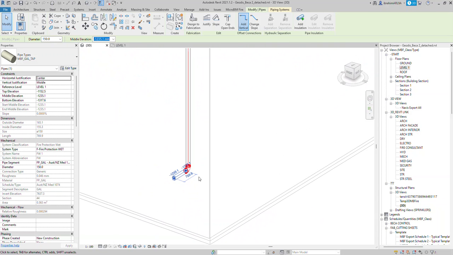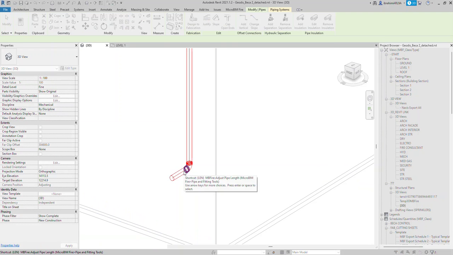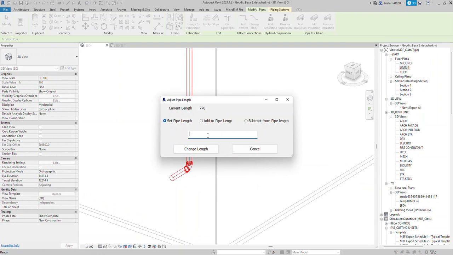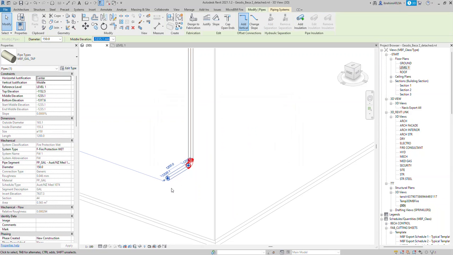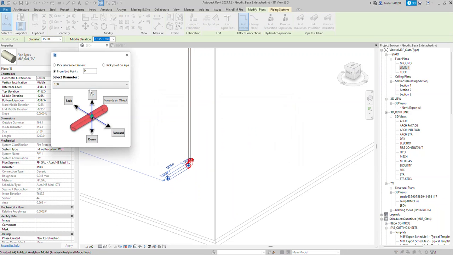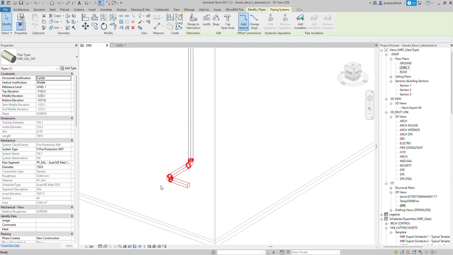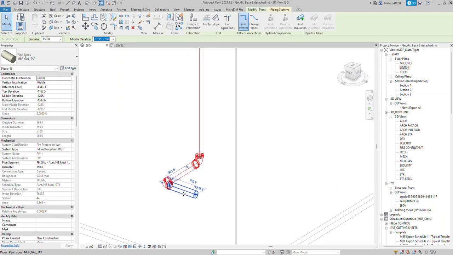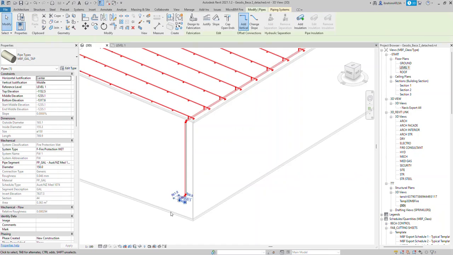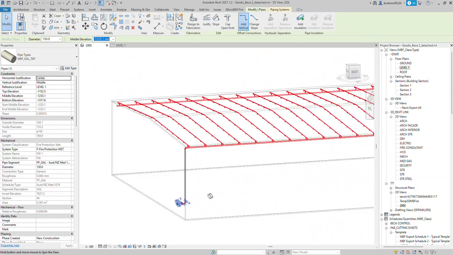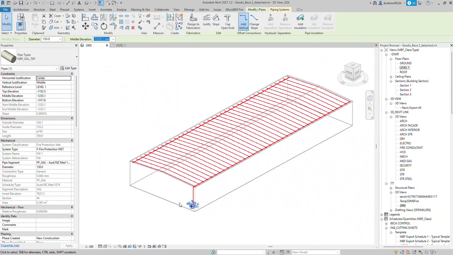So this is a very intuitive way of modeling in 3D. I can change this to be 1200, change length, and then auto branch again. I can use something like forward, so I choose forward from that end, and so on. Also you can choose whatever you want in here as a branch outlet or running pipes on it. So you got the modeling done,